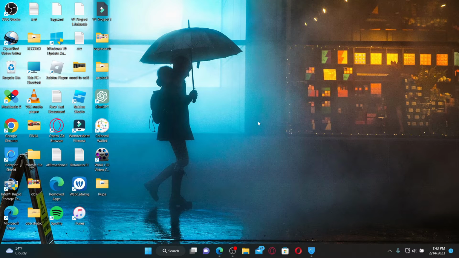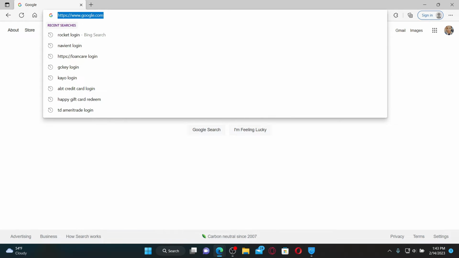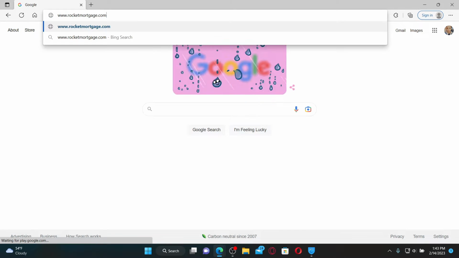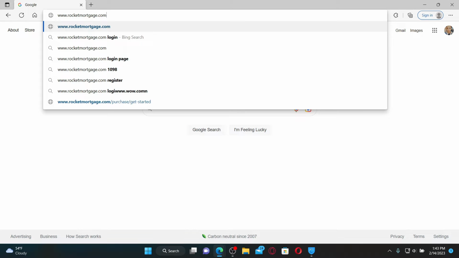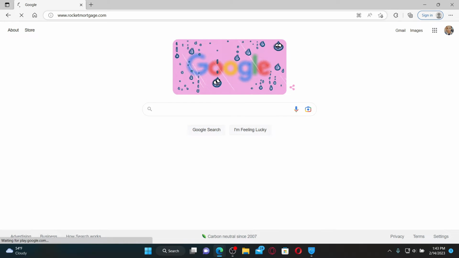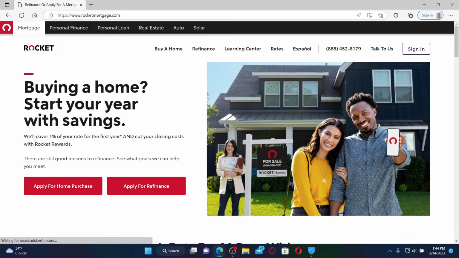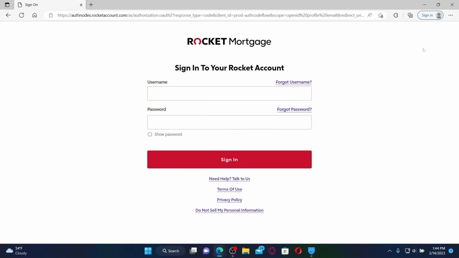Start off by opening up a web browser. In the URL box popping up at the top, type in www.rocketmortgage.com and press enter on a keyboard. You'll end up in the official site of Rocket Mortgage. Click the sign in button at the top right hand corner from the official page and you'll be taken to